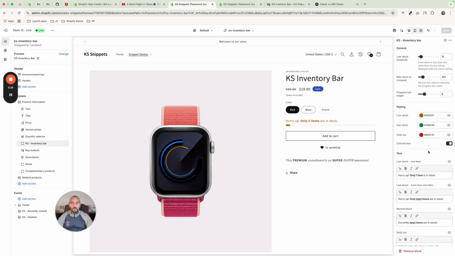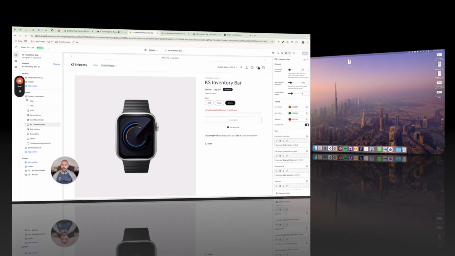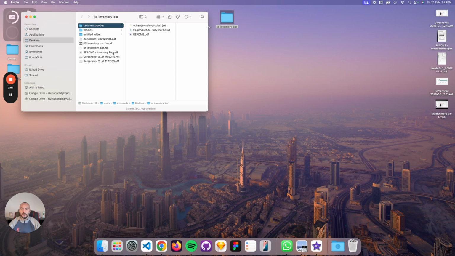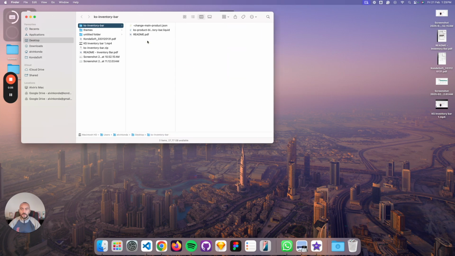And also we have improved the settings, especially the color settings, and also some other improvements on the snippet logic. Okay, first we are going to check the installation, and then we're going to check all these settings that we have right here. After you have downloaded the snippet file, double click to unzip it,